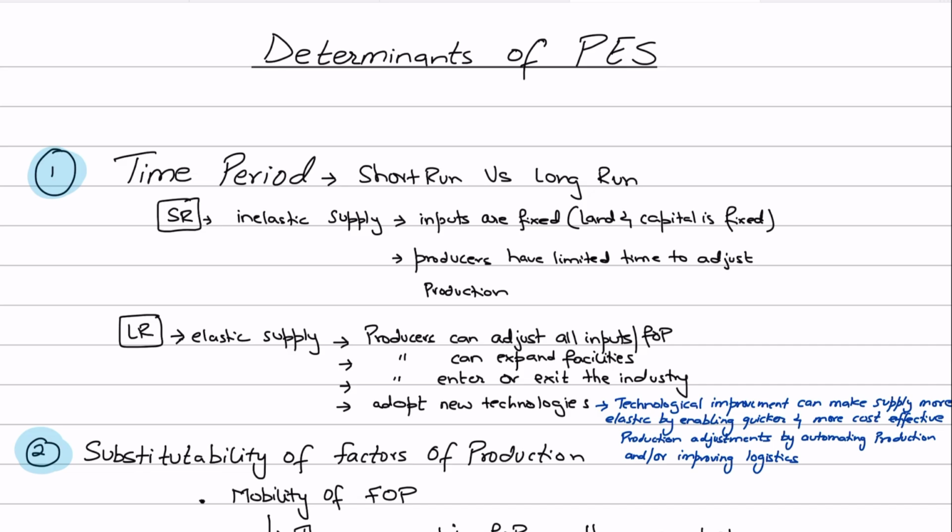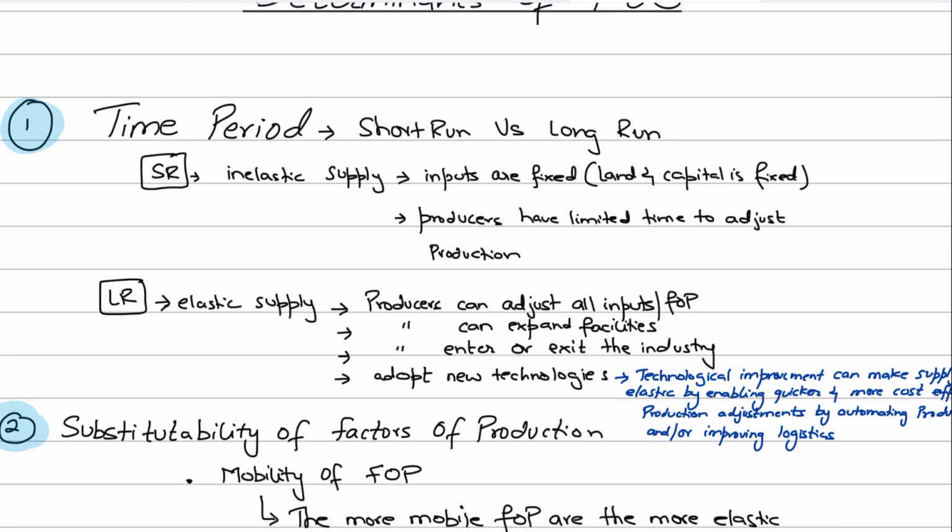So the factors that could determine whether your supply would be elastic or inelastic, one very important factor is your time period. Now, guys, being an examiner, the thing that really bothers me when checking is that when students explain these factors and write about the short run, they say in the short run supply is inelastic, while in the long run supply is elastic, without really explaining why. They don't even explain what the short run and the long run are, right?